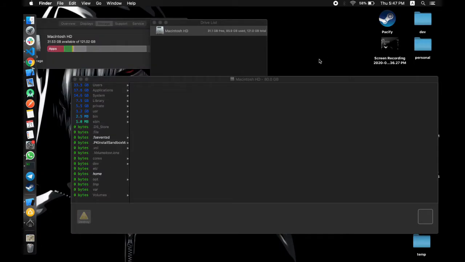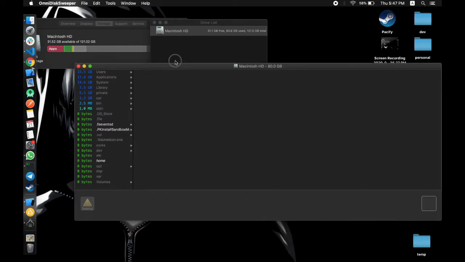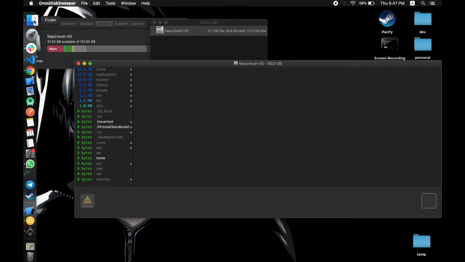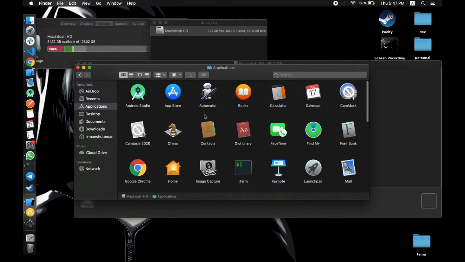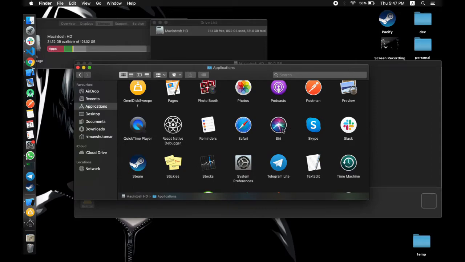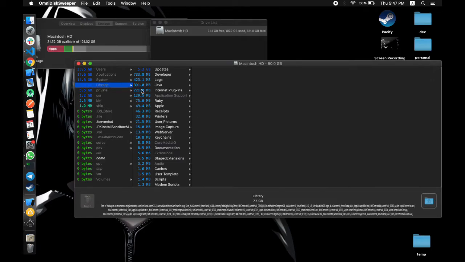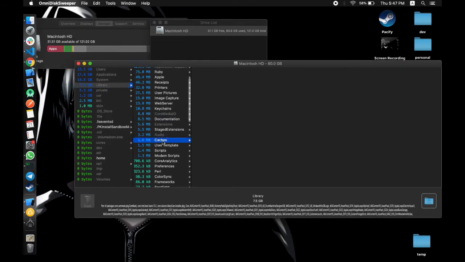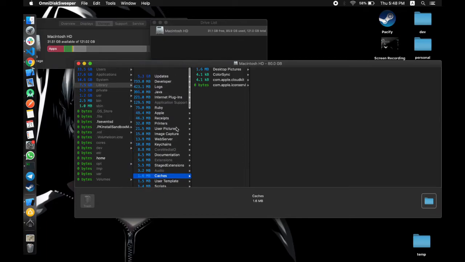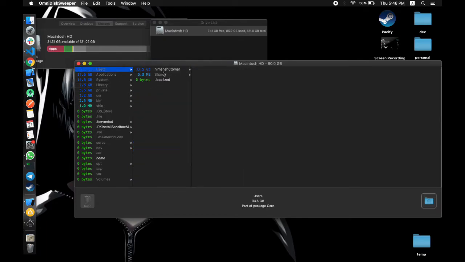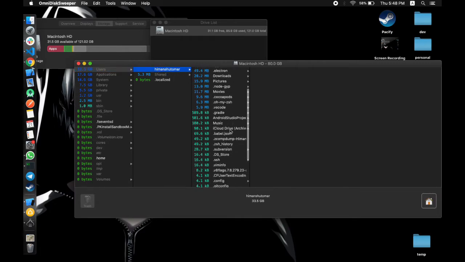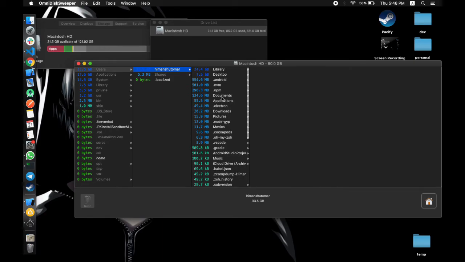Alright, once the sizing part is done, so mine is done, the total size that my files are occupying is currently 80 GB. If you go ahead and delete any software by the usual method, like going to Applications and deleting any software just by sending it to trash, there would be some supporting files that won't be deleted. Something like, if I go into Library, there would be a lot of cache which I've currently deleted, but there would also be a lot of software that I have deleted but whose cache files are still here.